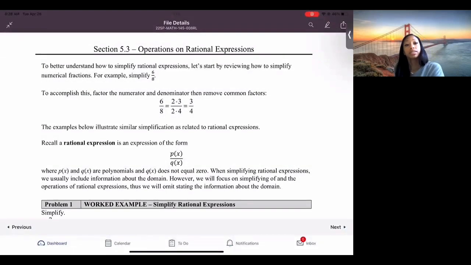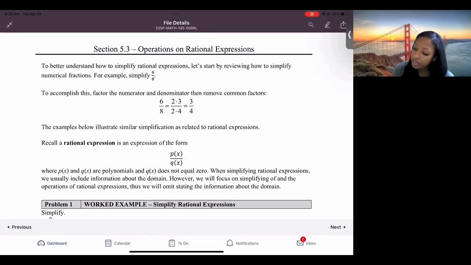So section 5.3, operations on rational expressions. To better understand how to simplify rational expressions, we start by reviewing how to simplify numerical fractions. So do you want to think about the rules for simplifying fractions? If the numerator and denominator have a common factor, we cancel out the common factor. So you can do that by dividing it out or factoring your numerator and denominator and canceling out the common